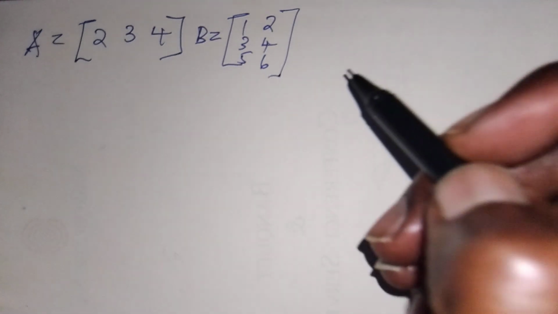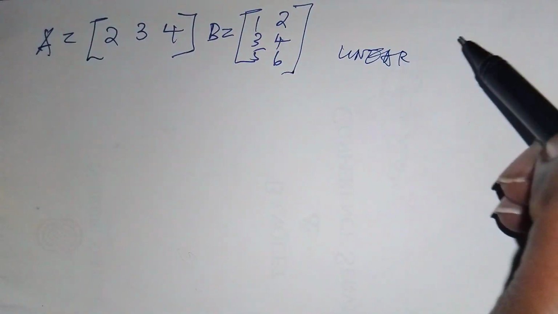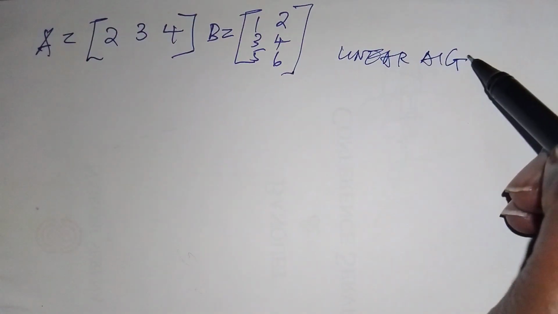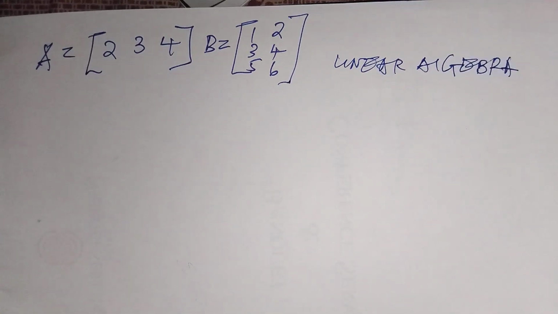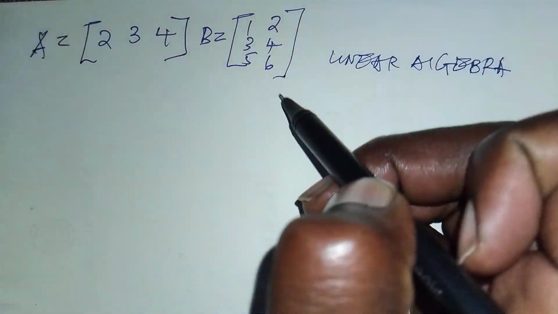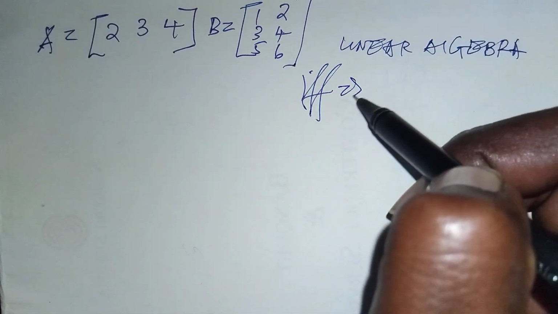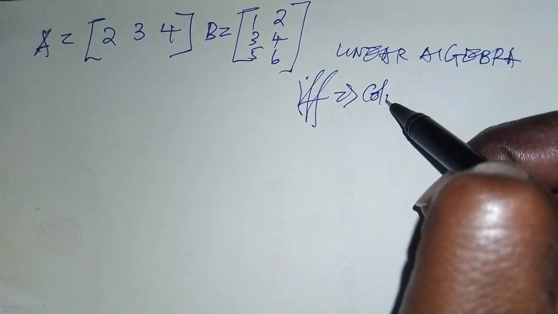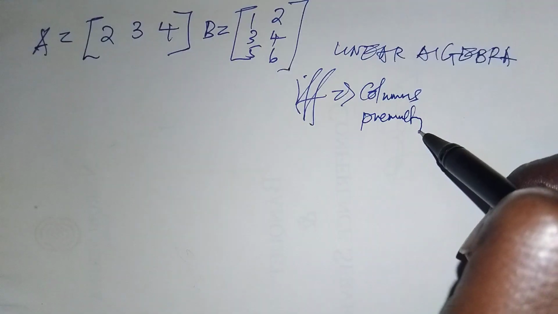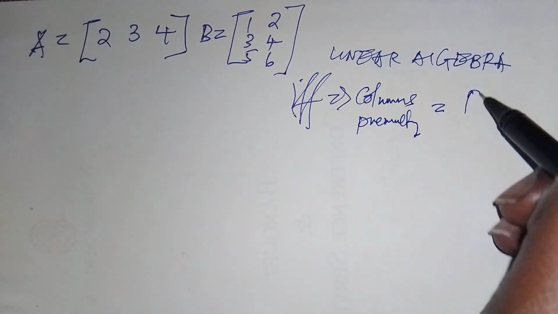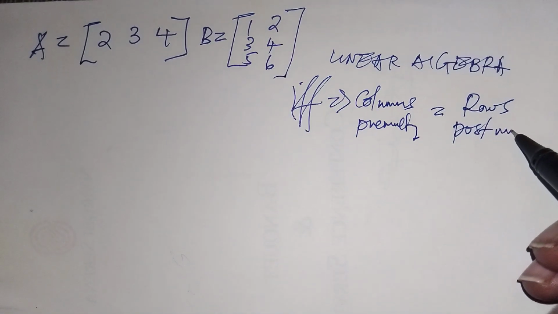Welcome to Vancic Maths. Today we look at linear algebra, whereby we want to see how we can multiply matrices. So the only way you can multiply matrices, we have this condition: if and only if the number of columns in a pre-multiply matrix should be equal to the number of rows in the post-multiply